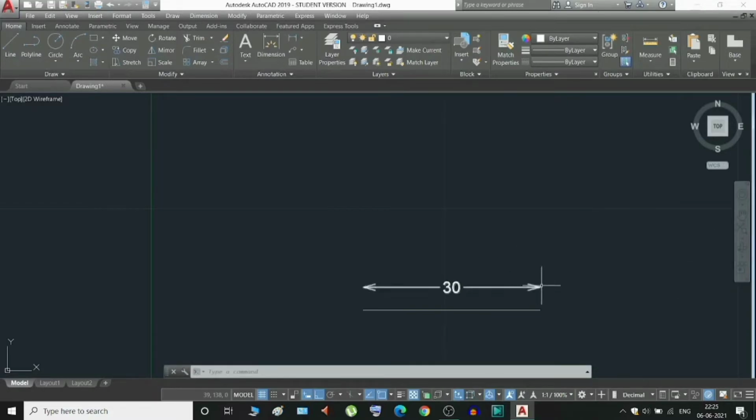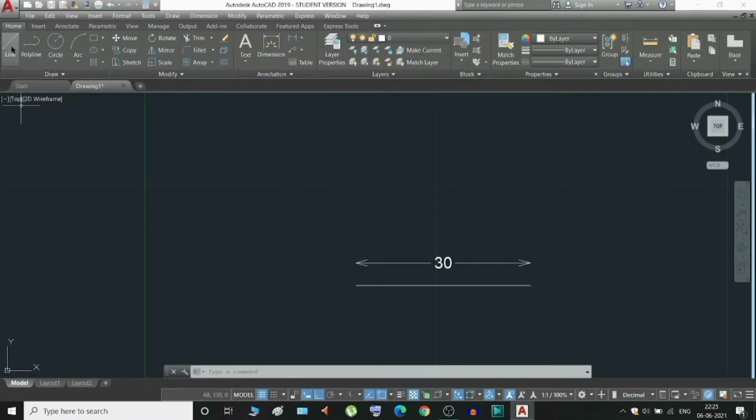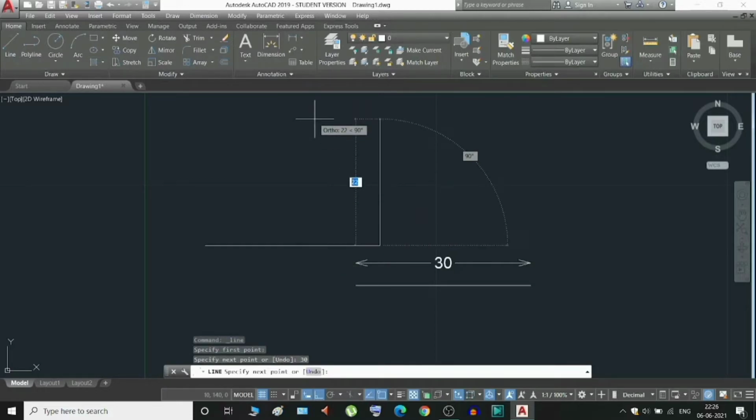So now I will show what is the difference between the linear and aligned unit dimension. So first, to do that, I will make the ortho mode on, and click here, select the line, and I will enter a 30 millimeter line, enter, and then 30 millimeter, enter.